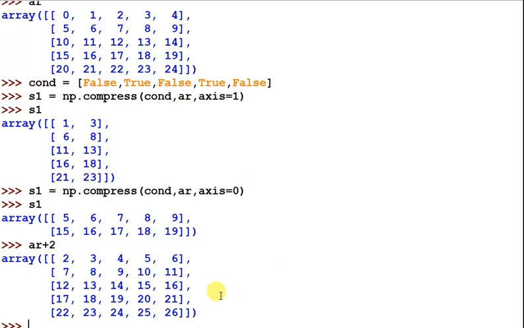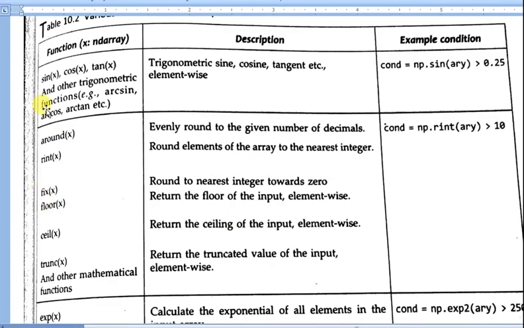Whenever you want to add some values to each and every element, you can directly form an expression, so that the condition can apply on your two-dimension array or one-dimension array. Sine, cos, tan, if you want to use the condition in this way, you can use it. np.mod I have used in the previous example.